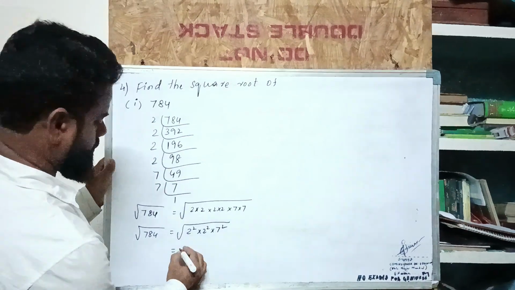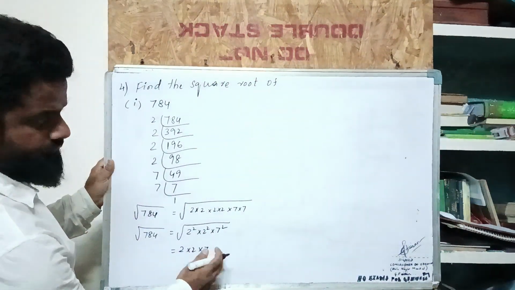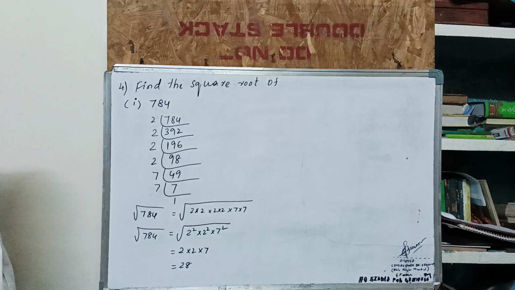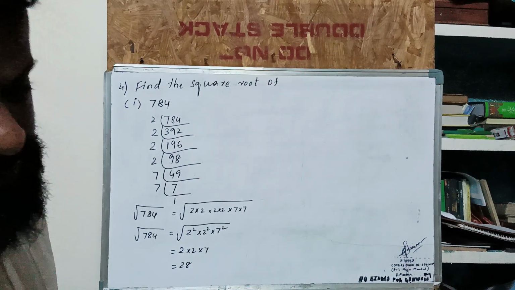The square root, we get this as 2 into 2 into 7. So 2 to the 4, 4, 7. 28 is the answer. Okay. Now the next one,